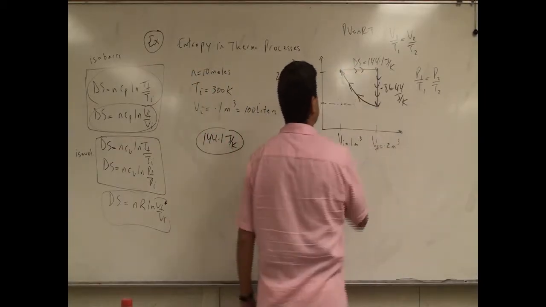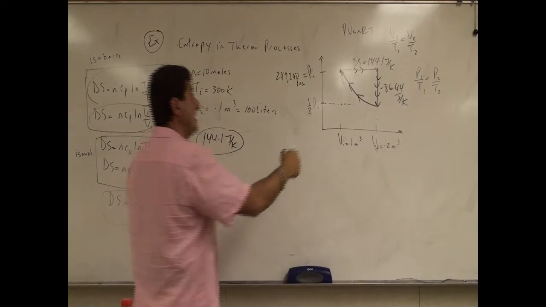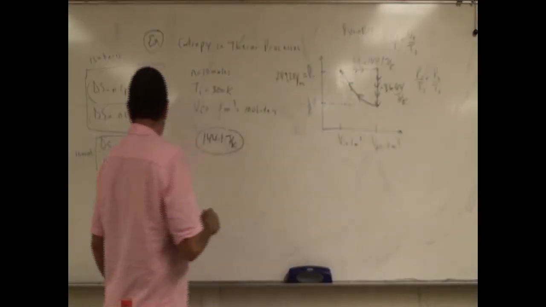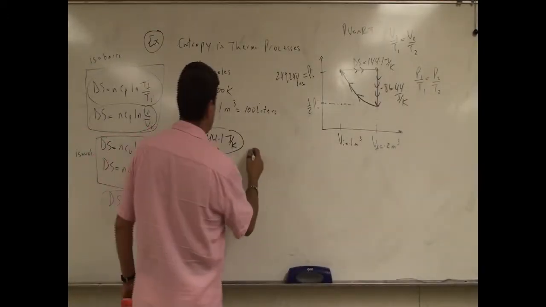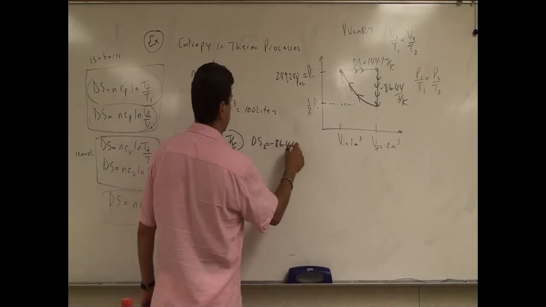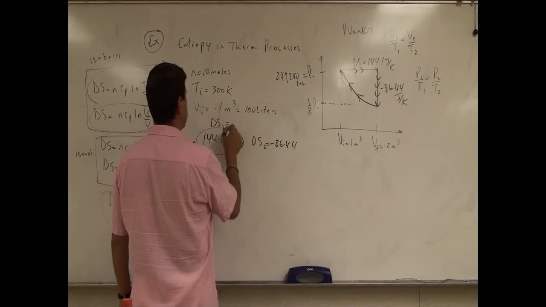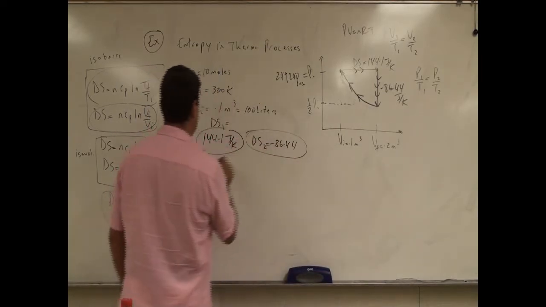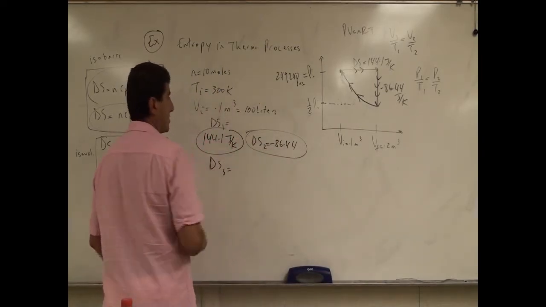Right? And then this one is going to be what? The entropy is going to decrease, right, when going back. And then it's going to be like this. So delta S2 is negative 86.44. Delta S1 is 144. And then delta S3 is going to be